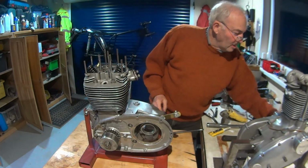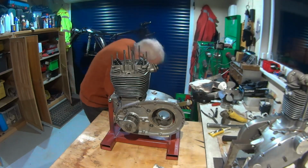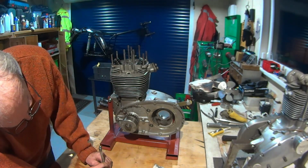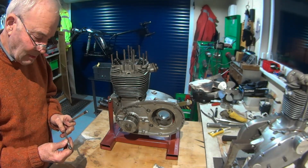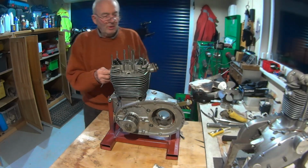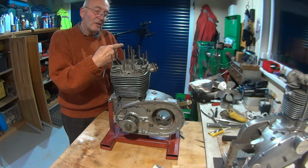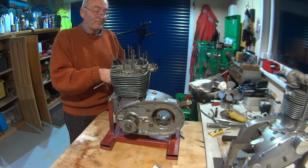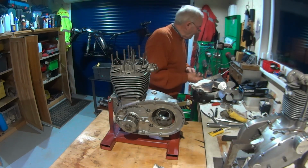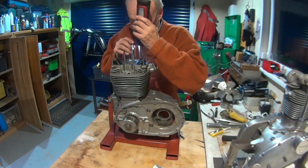Push rods. On a B25, they're different lengths. So the inlet one is longer than the exhaust because the lobe for the exhaust is directly underneath where the rocker arm is, but the lobe for the inlet is further away, so obviously it's a hypotenuse of whatever the length and the width of the exhaust one is. So the inlet's the longer one of the two, and a damn sight easier to fit than an